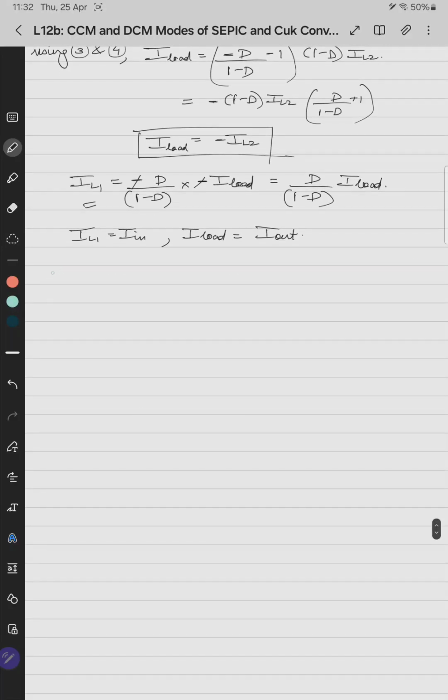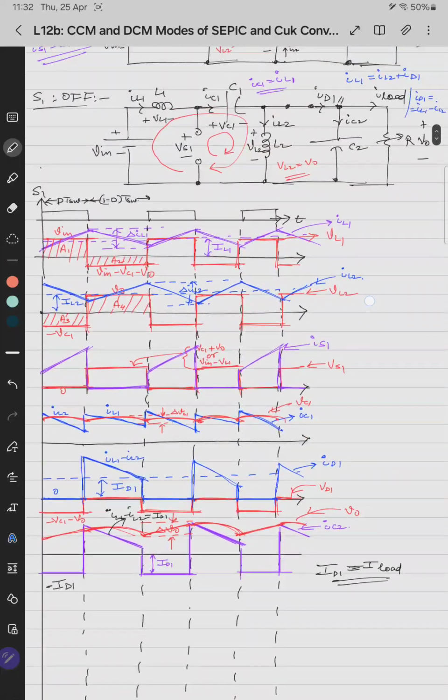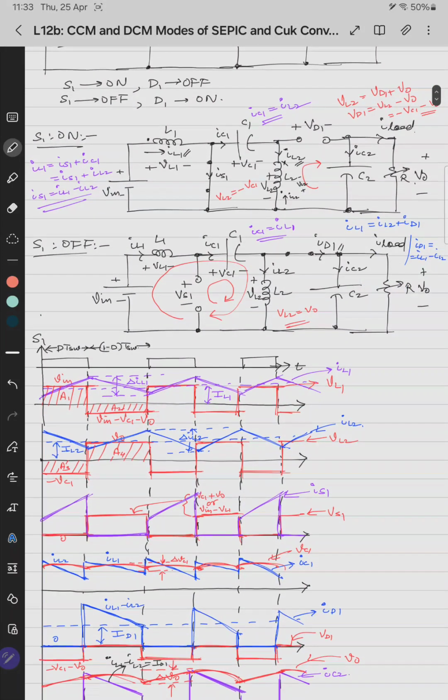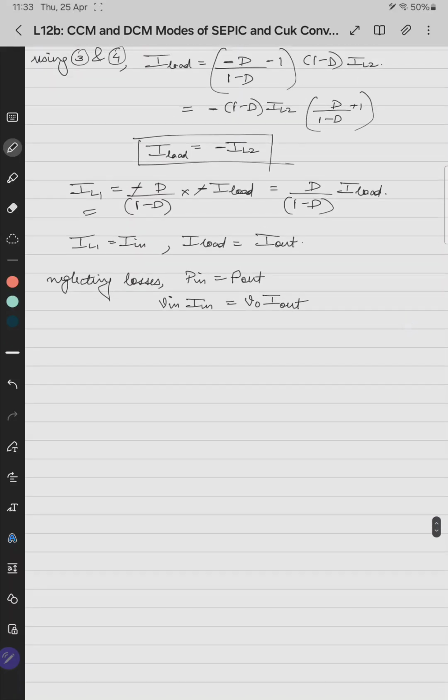So if we neglect the losses, what we can write is P in equals P out. P in is V in into average value of I in equals V out into I out or I load. So here input current is what? I in equals IL1 and I out equals I load. So therefore